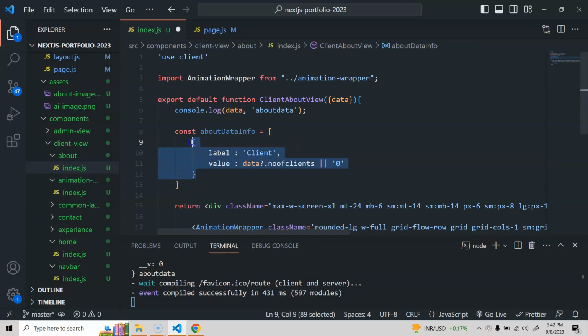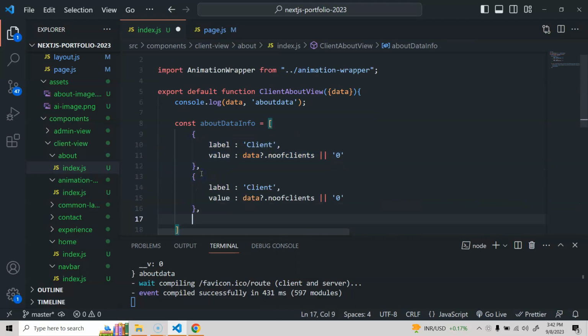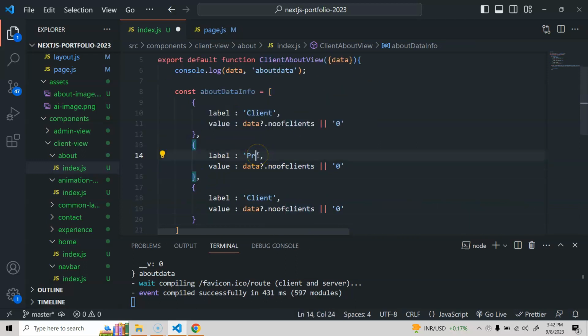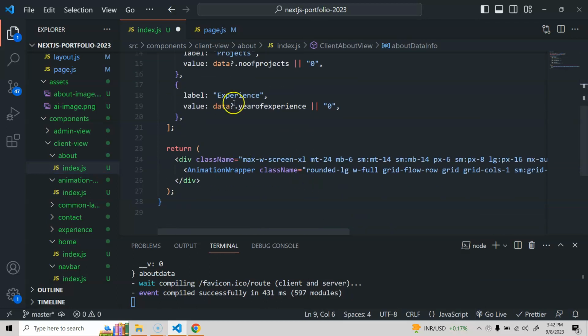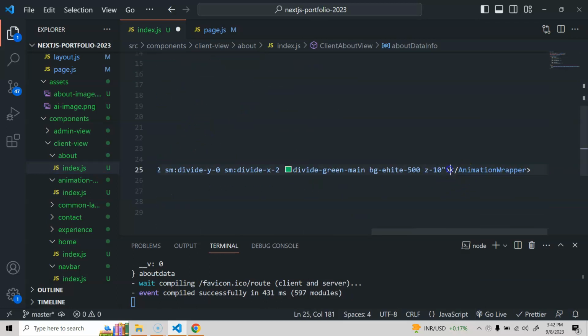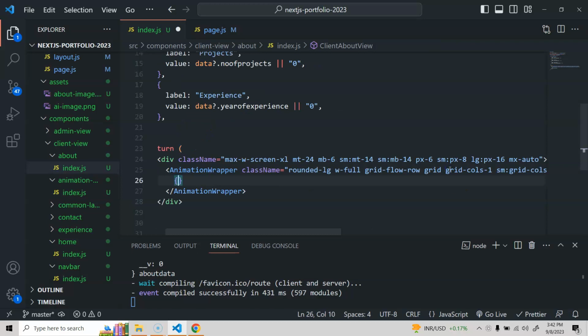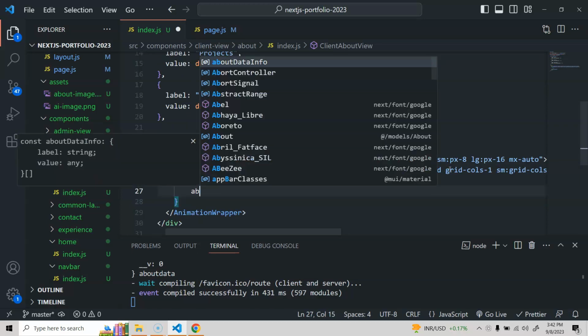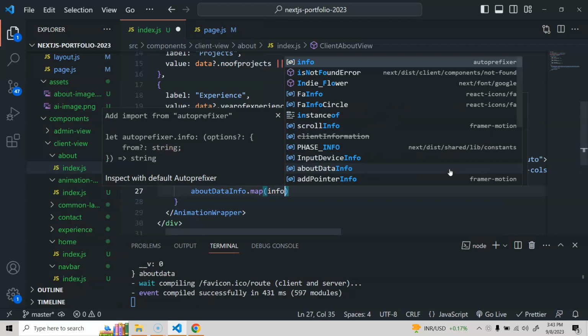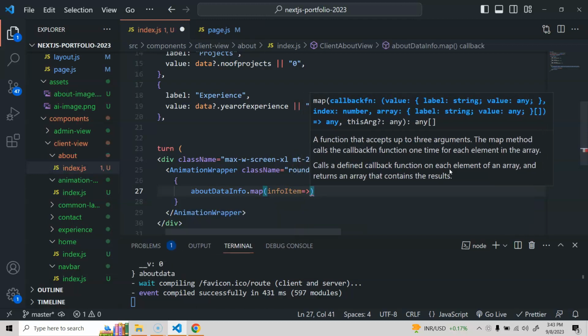Now let's paste it 2 more times. So we'll do this one as projects, and this will be number of projects, and at the end we are having experience. So this will be year of experience. So this will give me this about data info that we'll be getting from the API. So now what we are going to do, we'll basically map it. So we'll do about data info dot map. This is info item,